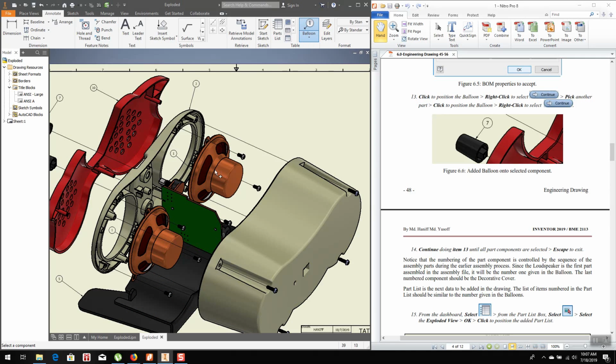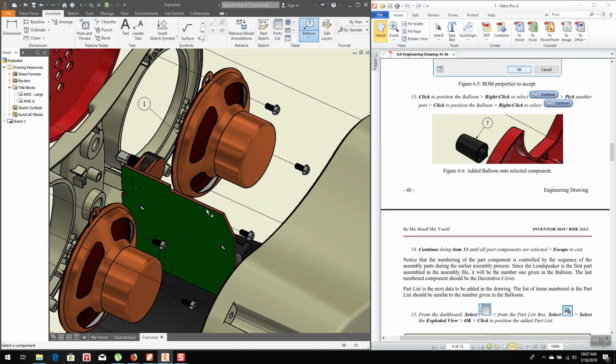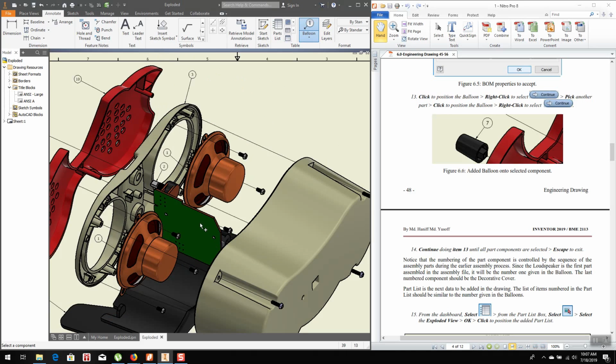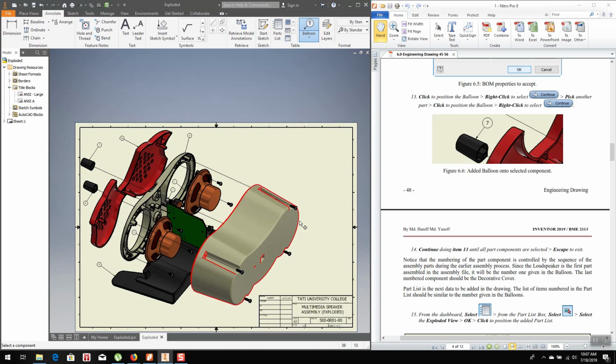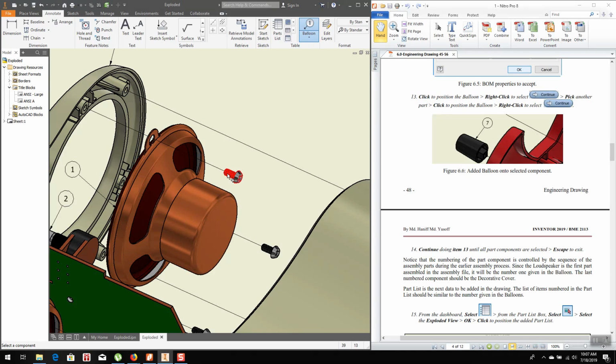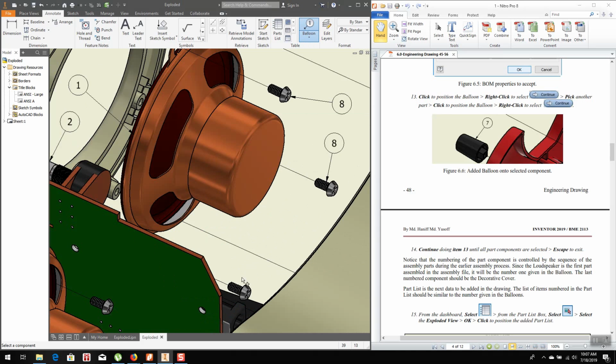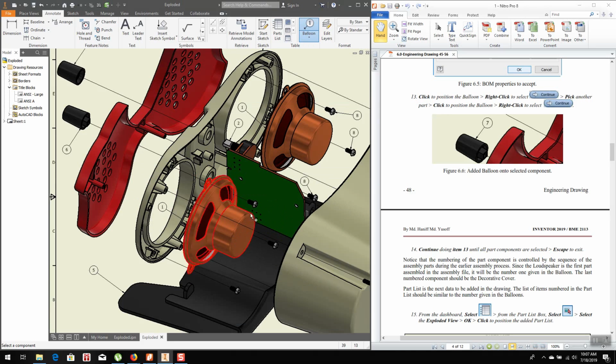The component numbering depends on which one you assemble first. So this loudspeaker is the first one I assembled, so it will come out first. Whereas for the PC board, I think it is number 2, alright. The second one, and then continue, screw, continue, same screw, continue, one more, the other screw,